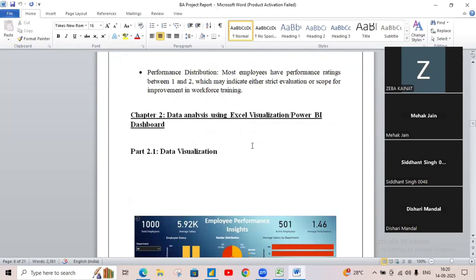Sure, thank you. So, hi everyone. Today I'll be sharing my contribution to our project on employee engagement, specifically focusing on how I developed an interactive Power BI dashboard to visualize and analyze the data. The idea behind this was simple: raw data on employee engagement can often be overwhelming and difficult to interpret. My role was to transform that data into meaningful insights that management and other teams can quickly understand and act